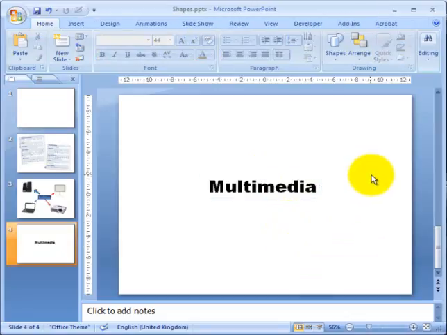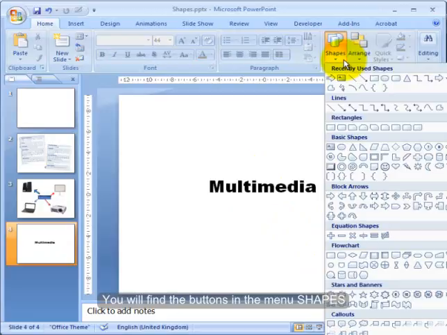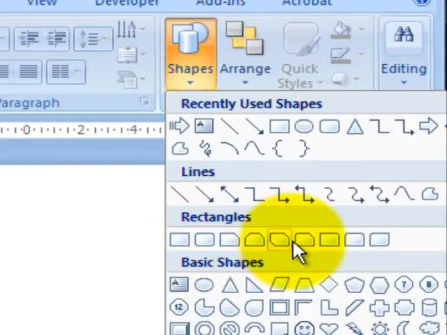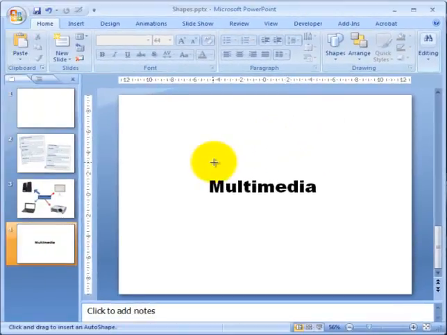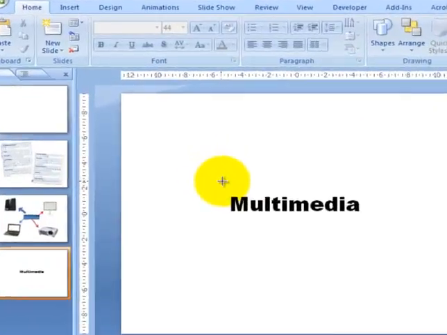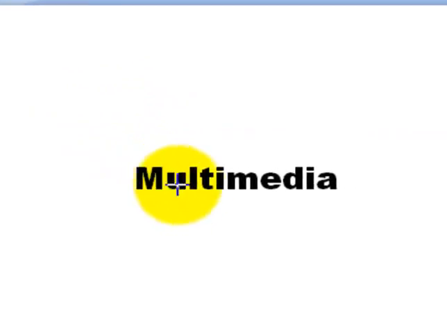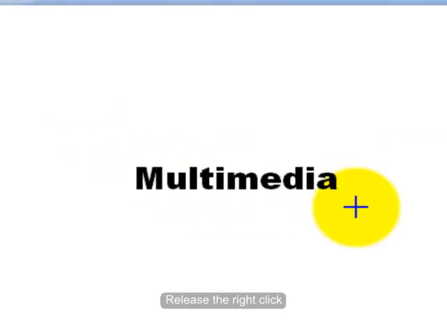And then what I want to do is make a circle around this word. I can make a circle or a rectangle. I'm going to choose a rectangle. You've got different types with different edges. I'll choose the first one. Once I've chosen it, you see that the cursor has changed and now it's a cross. So I will click, and without releasing the click, I will create my, in this case, rectangle. Once I'm happy with the shape that I've given it, I will release the click I've done some seconds ago,